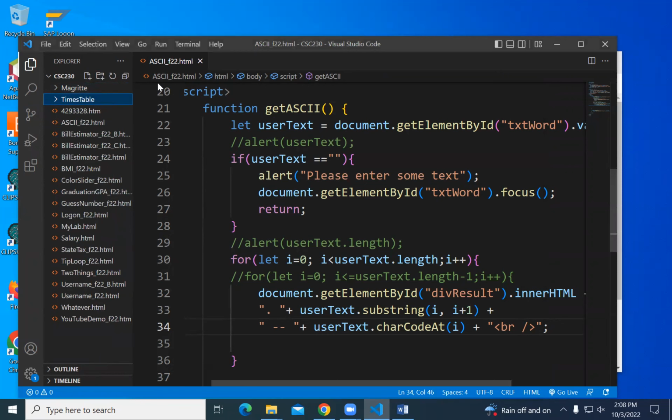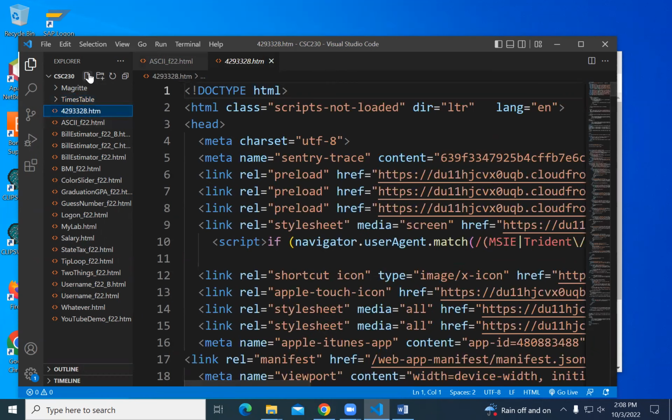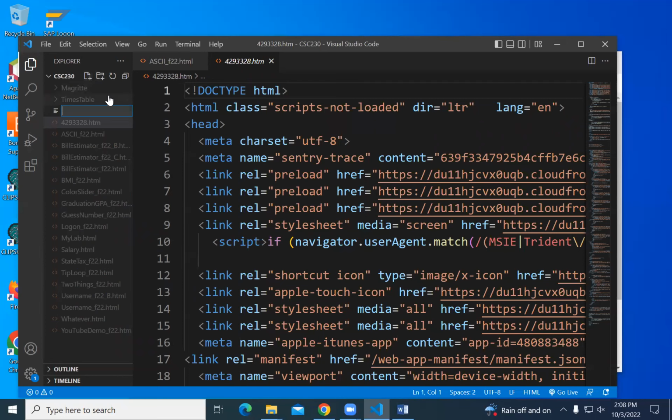Do you want to put the HTML in that folder, or do you want to put it on our normal level? So do you want the images in a subfolder, or do you want the images right next door to the HTML? We haven't done a subfolder, so you want the HTML at the folder level, and then I have to refer to the images in the folder. All right. So I'm making here at our normal level, for me, the CSC 230 level,